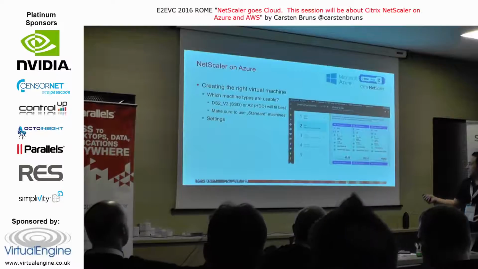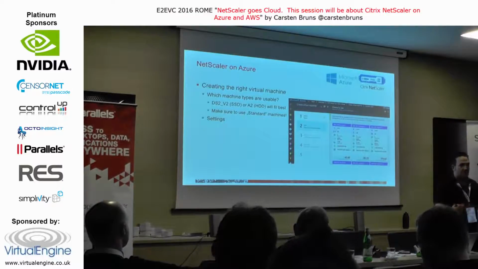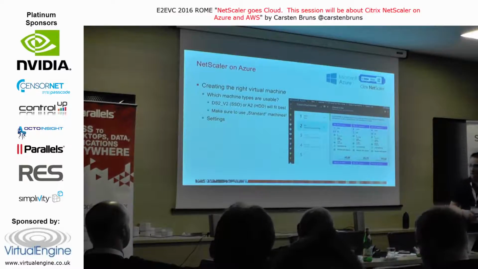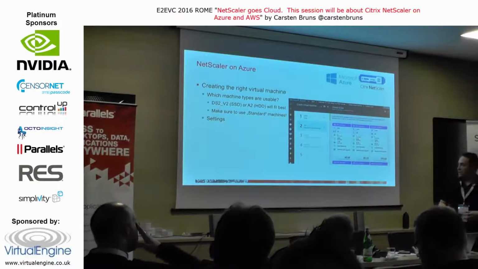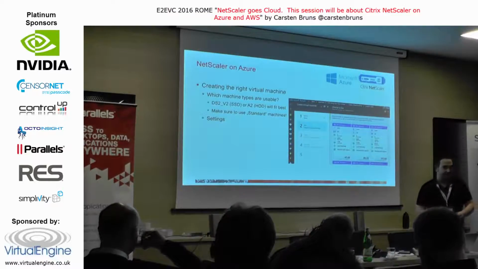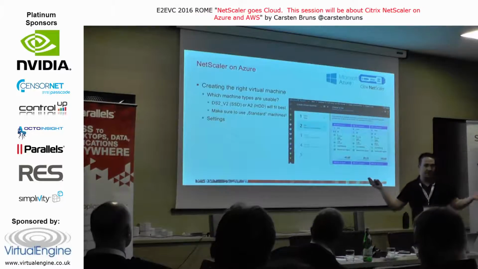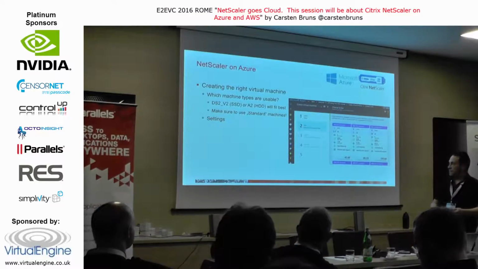The best one, I figured out, if you have some kind of workload on your NetScaler, you need to have 2 CPUs at least. One for the packet engine, one for management. So you need to use this one. If you want to have a cheaper one, you can use A2 machines, which is about 10 euros cheaper. But